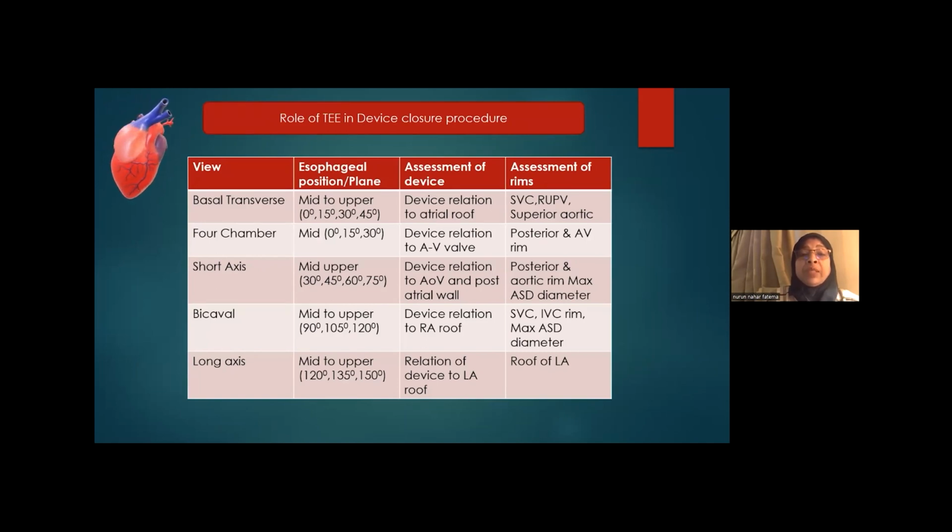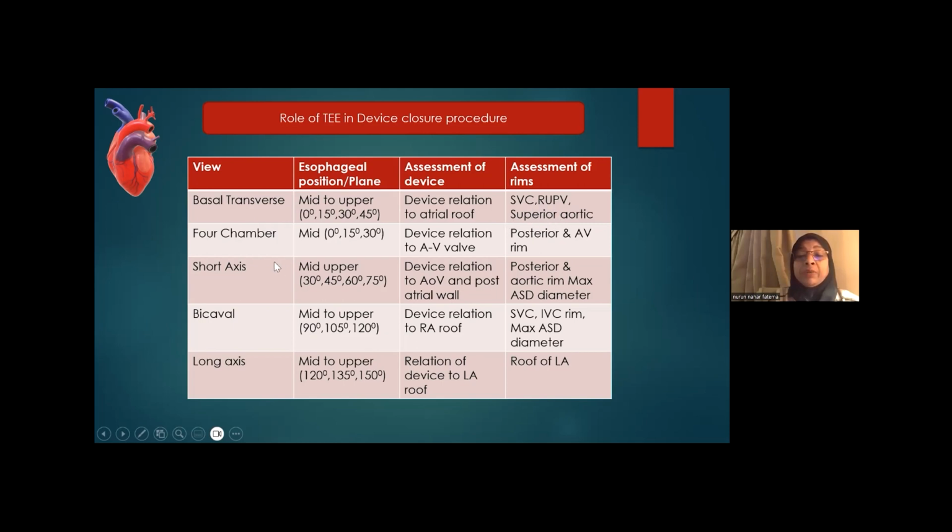Now, the role of the transesophageal echocardiography in device closure procedure: you are seeing that various views are used for assessing various parts of the heart and its relationship with the device. Now, basal transverse view. Basal transverse view is available at 0, 15, and 30 degrees of the mid-esophageal or upper esophageal position, and it can assess the device and its relation with the roof of the atrium. Along with the device, it can assess the superior vena cava, right upper pulmonary vein, and the superior